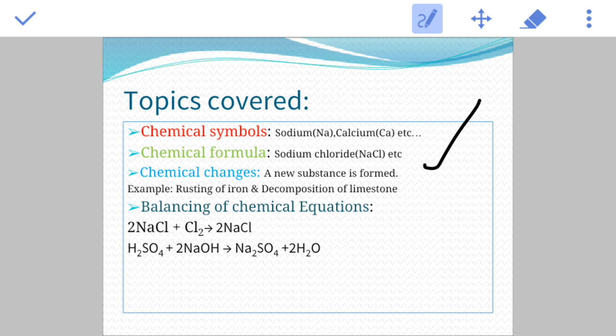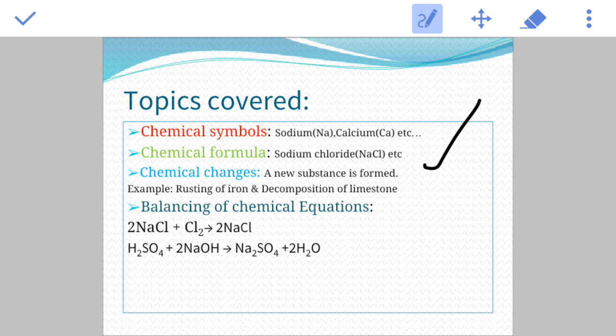The one topic which was left was chemical changes. What happens in chemical changes? A new substance is formed in a chemical reaction. Whenever a chemical reaction is completed, a new substance is formed, for example the rusting of iron. When iron is rusting, it is totally destroyed. It means that a new substance is formed. Decomposition of limestone: limestone means calcium carbonate. When calcium carbonate decomposes, it turns into two compounds, number one, calcium oxide and carbon